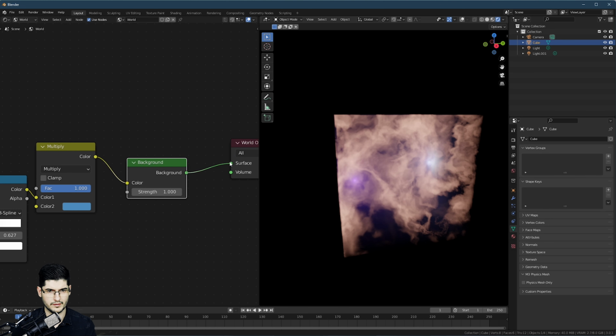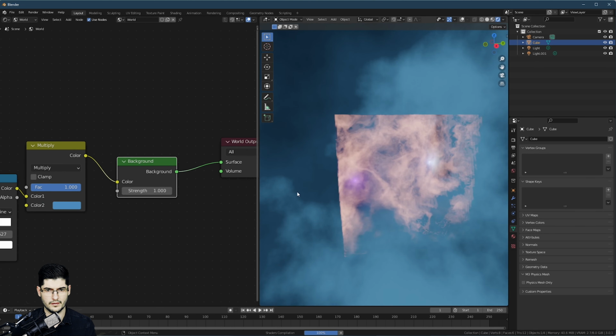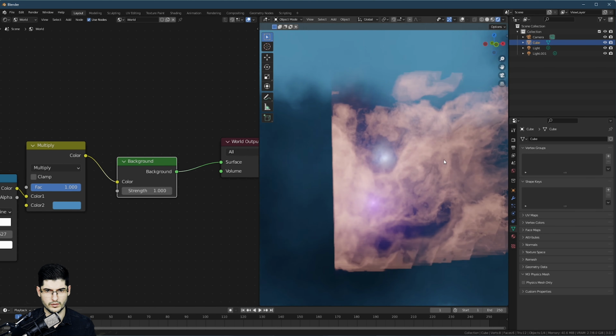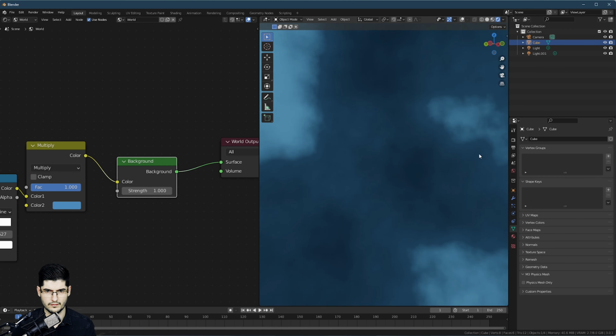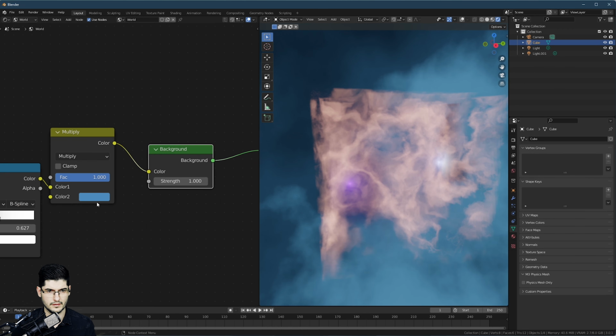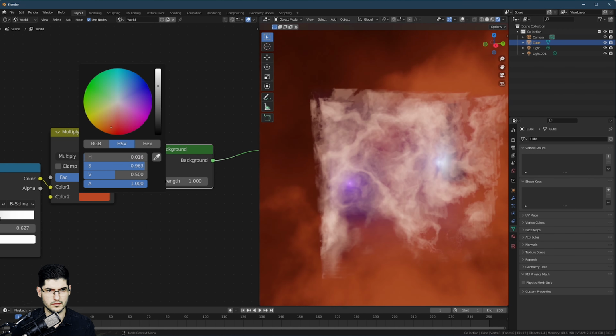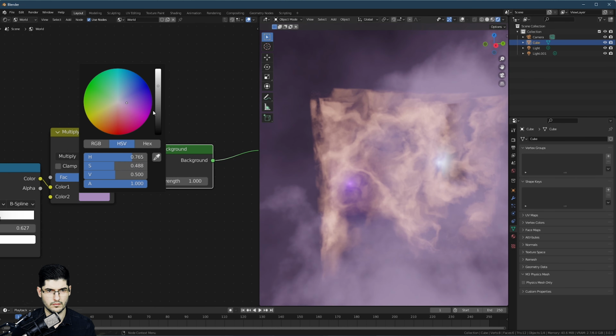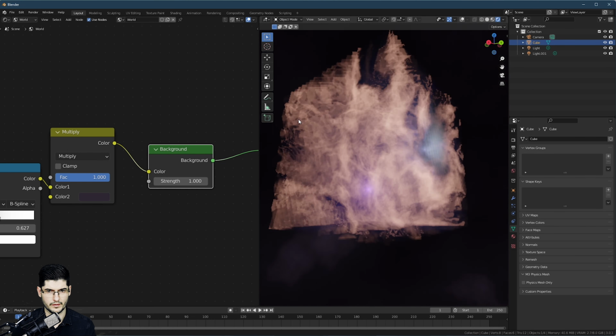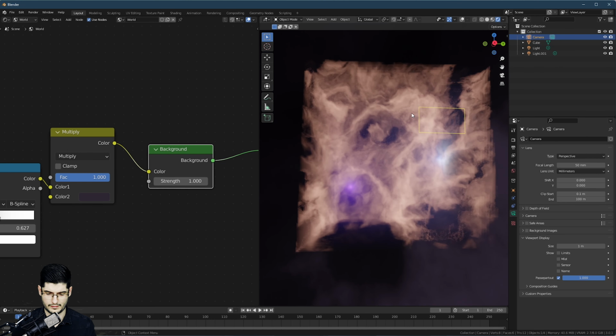I think I may have deactivated it somehow. Okay, and now I've connected this to the surface, and you can see what sort of effect we're getting within that. Maybe switch this over to a color like that, make it quite dark. Select the camera again,